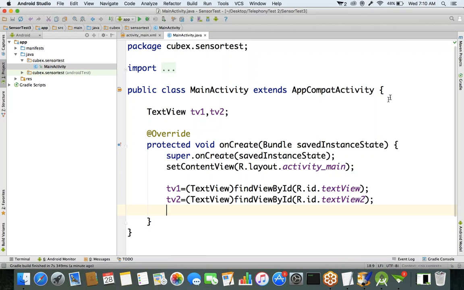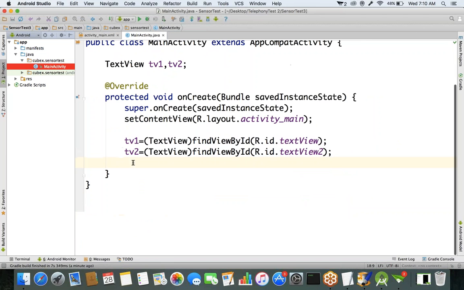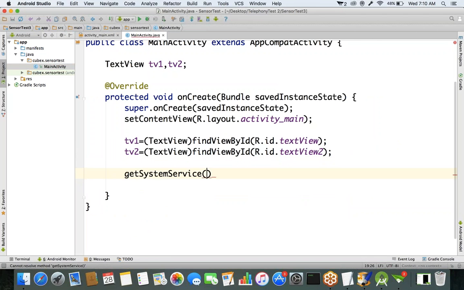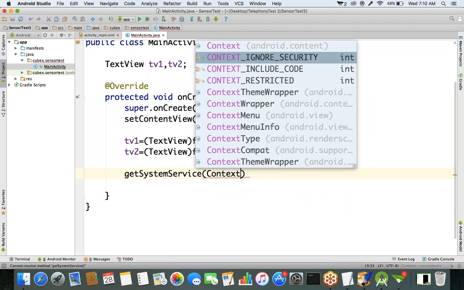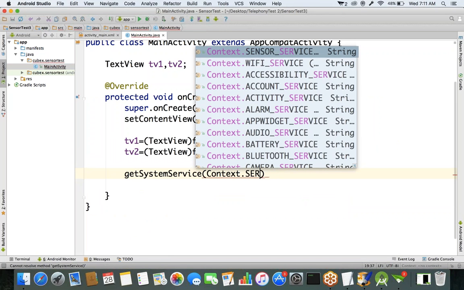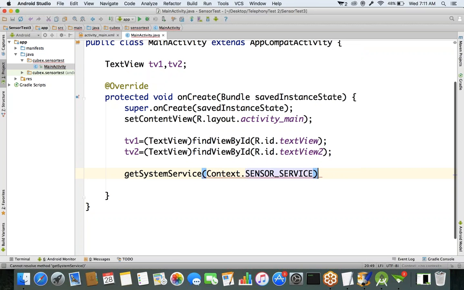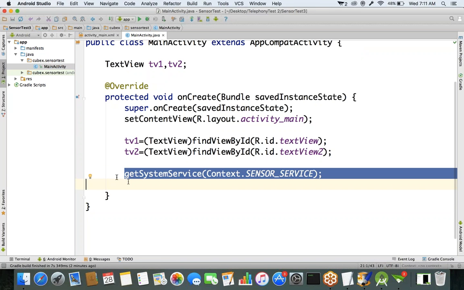Okay. So now, for working with sensors, first we have to get the sensor service. There is a method called getSystemService. Specify the service name here, which service you want to get into the activity: Context.SENSOR_SERVICE. I want to get the sensor service into the activity class, to manage this sensor service,